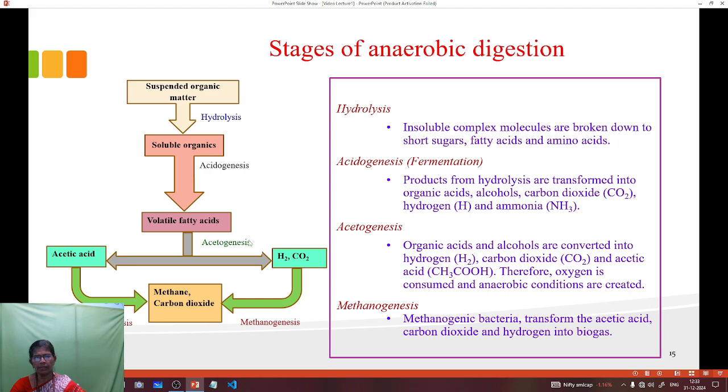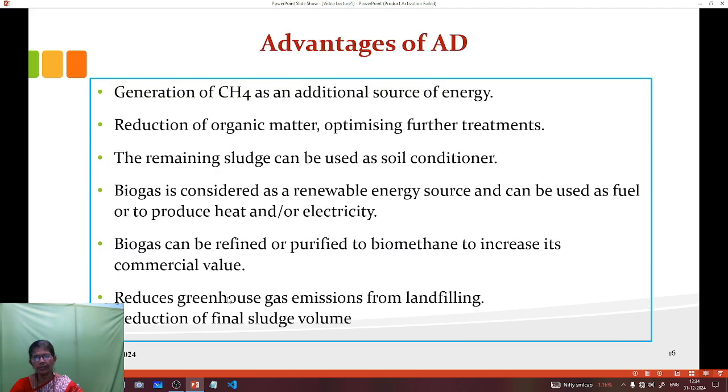In the third step, acetogenesis, acetogenic bacteria convert the volatile fatty acids into hydrogen, carbon dioxide and acetic acid. Then the fourth stage, methanogenesis, the methanogens convert the hydrogen, carbon dioxide and acetic acid into methane and carbon dioxide. The advantage of anaerobic digestion is that it can produce methane, which is a source of energy,